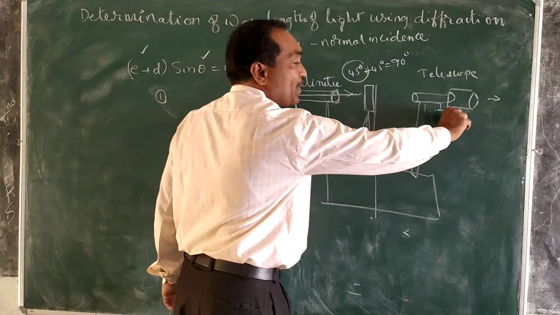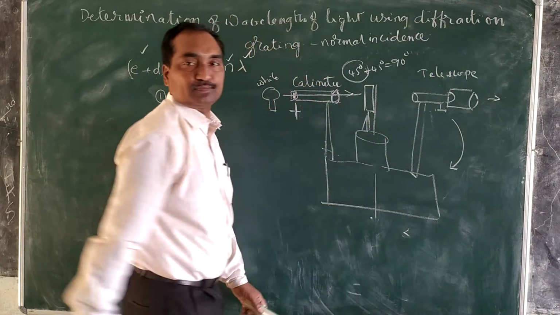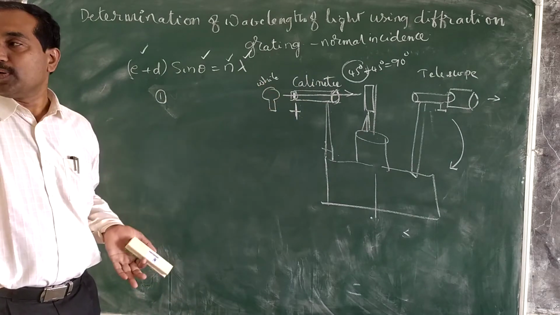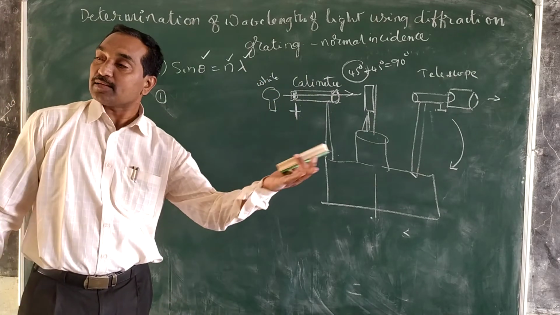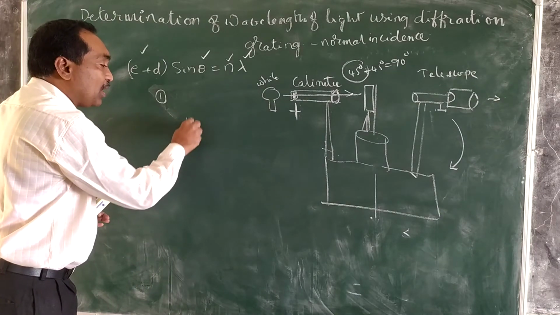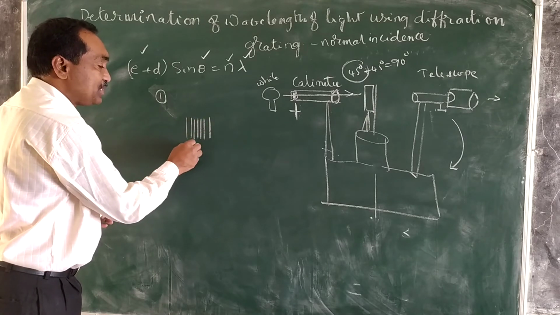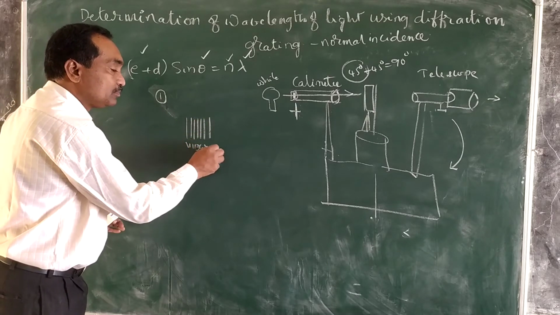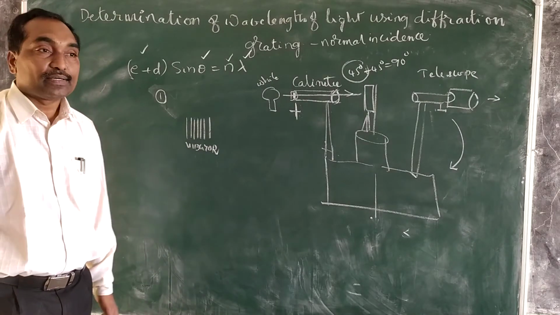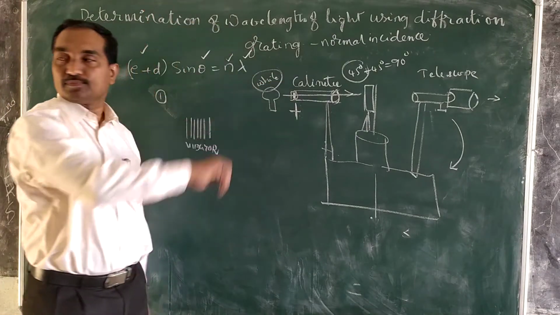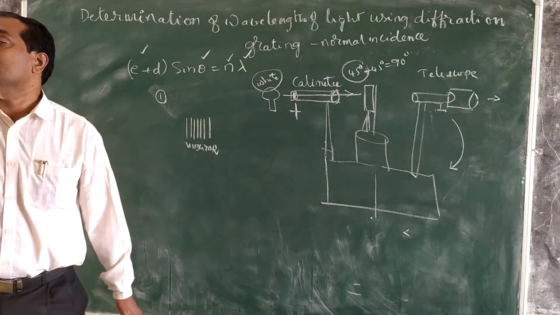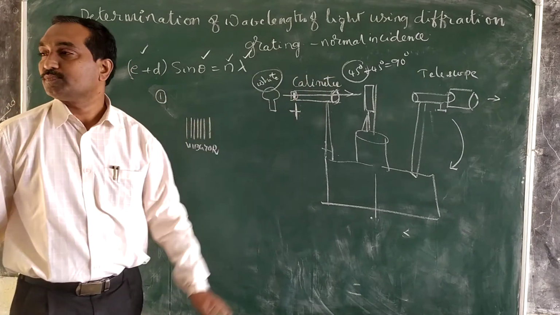When we rotate this telescope by some angle, maybe along the clockwise direction, maybe along the anti-clockwise direction, we can see the spectrum of light: VIBGYOR, violet, indigo, blue, green, yellow, orange and red, when we use a white light source. We can observe this spectrum through the telescope